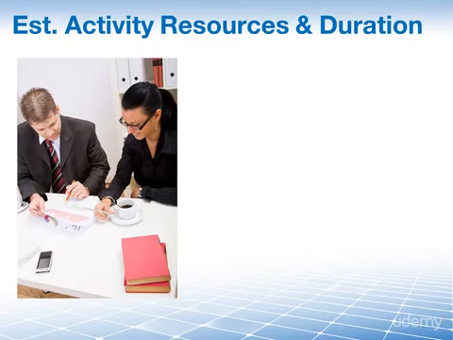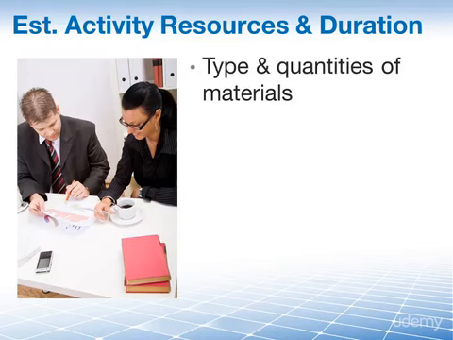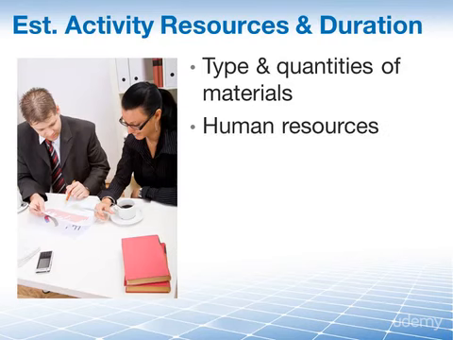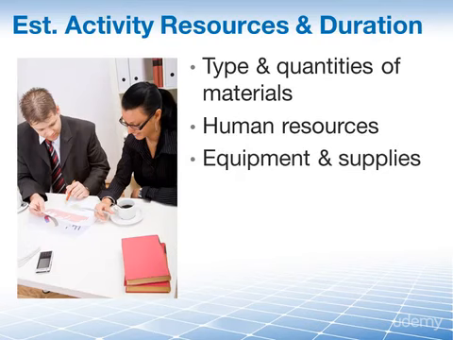Estimate activity resources. That is where we will estimate the type and quantities of material and human resources, as well as the equipment or supplies that we are going to require to perform each activity. In this process, you identify the type and quantity and characteristics of resources, which allows more accurate cost and duration estimates. For instance, if you were building a house, you would need X number of contractors and Y amount of